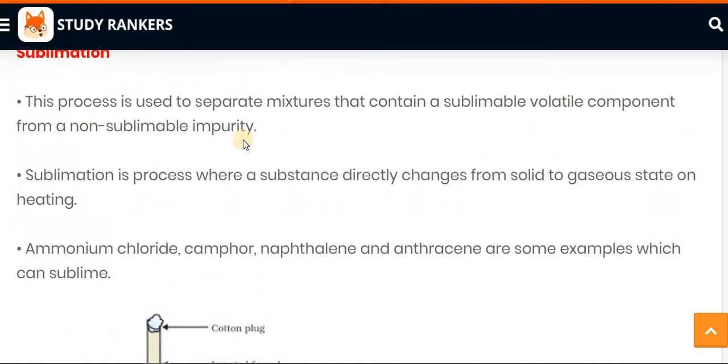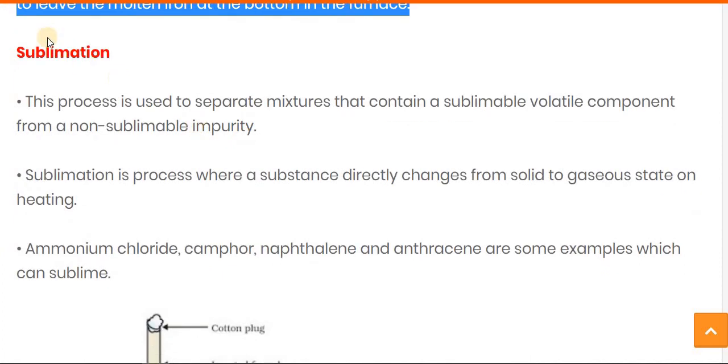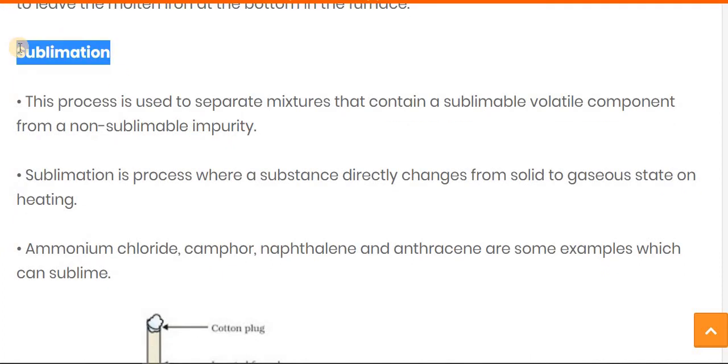Now let's see the next topic, sublimation. As we know, a volatile substance which is converted from solid directly to gas can be purified or separated by the sublimation process.